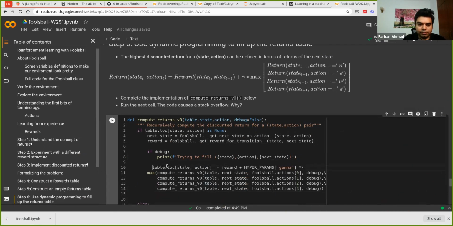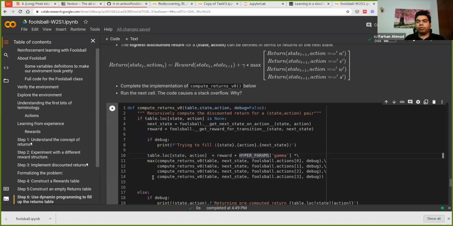I copy pasted it from my solution, because I just want to make sure that there is no subtle bug that I introduce. But look at this equation that I copy pasted, and this is pretty much like the equation over here. There are a few differences. Of course we want to fill up this position on the table, corresponding to the current state and action. That is what you have on the left hand side. On the right hand side, you have the reward, then you have gamma, which is being multiplied, and then we are taking